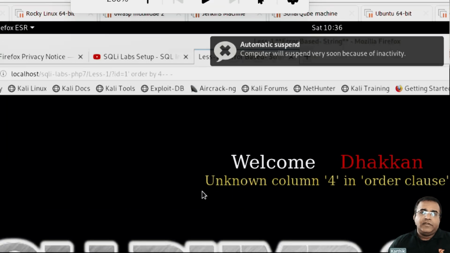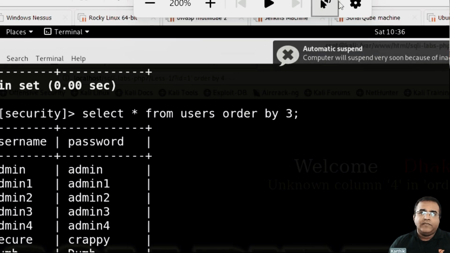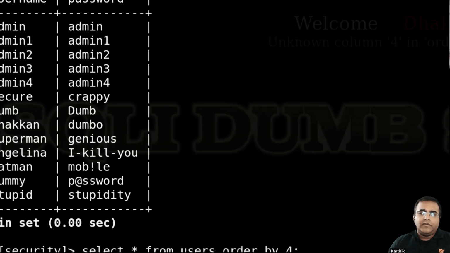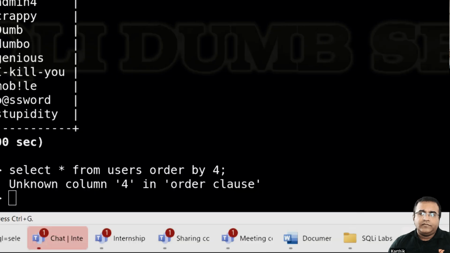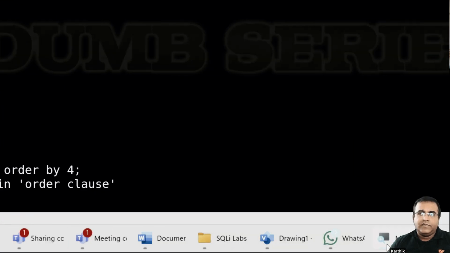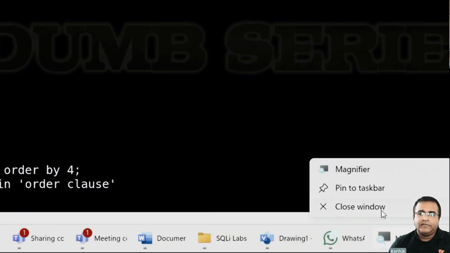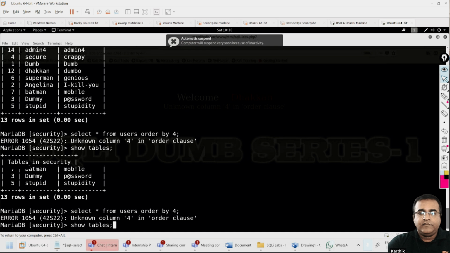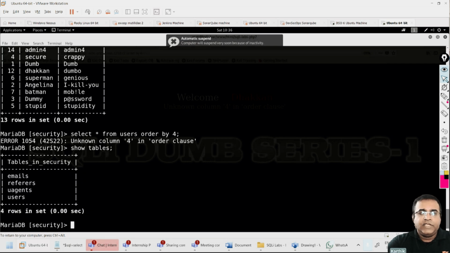In MySQL, there's also an option for you. One second, let me close the magnifier. To combine 2 tables. For instance, let's say show tables. If I give that, there's something called emails.